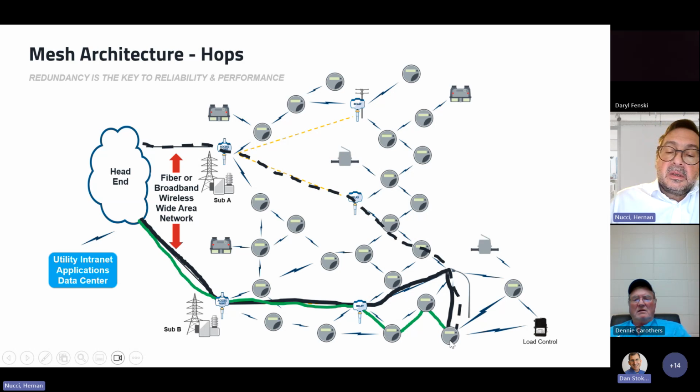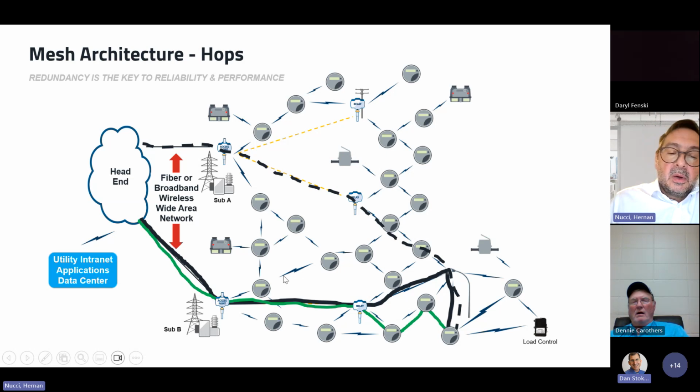Suppose you have this meter going through these hops. You can count 1, 2, 3, 4 hops. That's another variable that you normally plan when you're designing a mesh architecture. How many hops do you want? More hops, the farther the meter is. And you talk about a deep mesh. The deeper the mesh, the longer it takes for the message in the last meter to get to the head